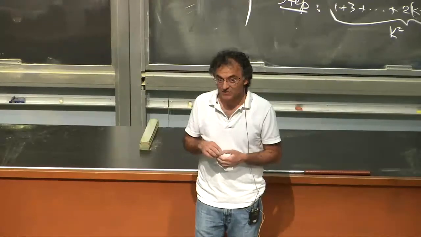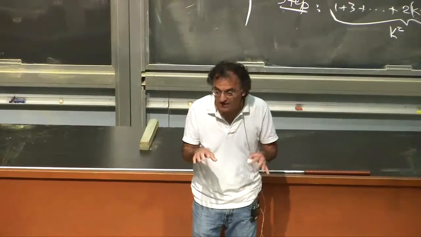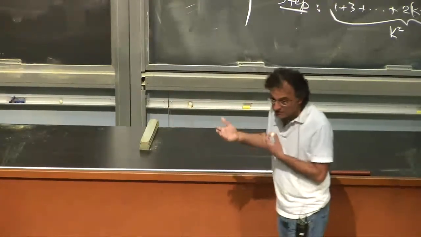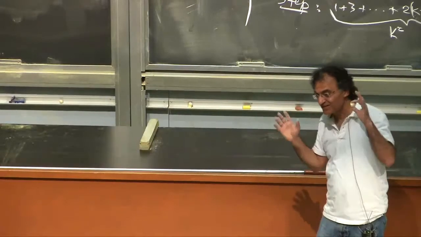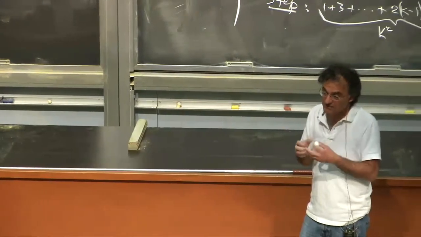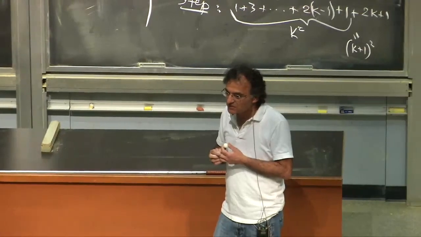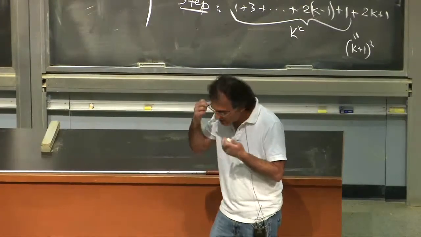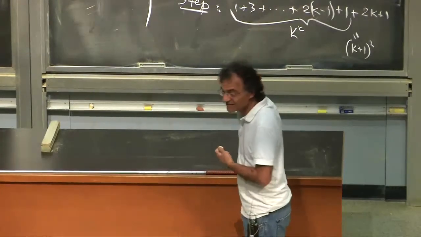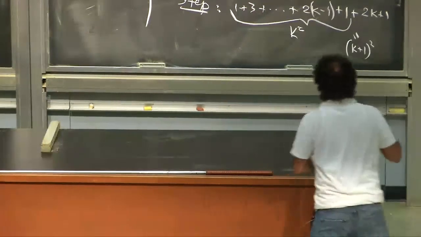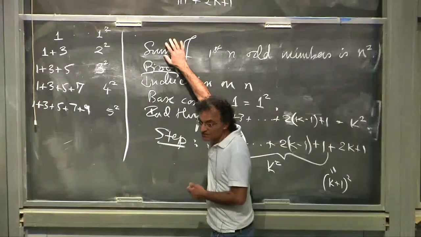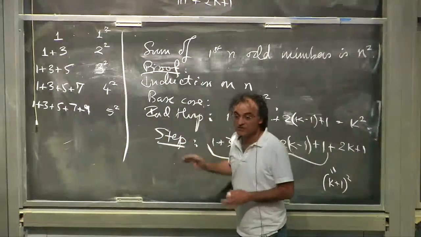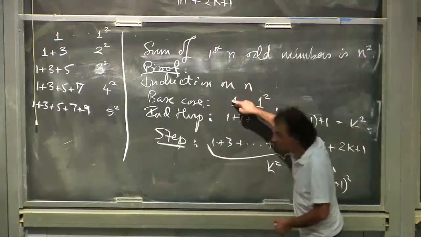Because if you're just sort of looking around in the dark, that's not a very good thing. So you have some beliefs about what's true. And the beliefs are based on examples, the pictures. There are many ways you can come to these beliefs. And then you want to understand, is it really true? What does it take to really pin it down and say, this is true? I'm completely convinced about it. Well, that's what this is trying to do. Right? So far, when we said, this is what we are trying to prove, well, this is our hope that we'll prove it. We think it's true. After we are done with this proof, we know it's true. Right? Because we verified it step by step.